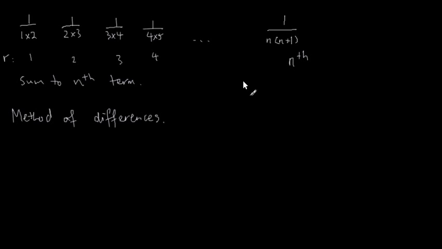Just to make sure that this is the correct formula, I can pick any r, like maybe r equals 3, and then put 3 into the n here and here, and check that I do actually get the correct term. So once we are sure that this formula is correct for the nth term,